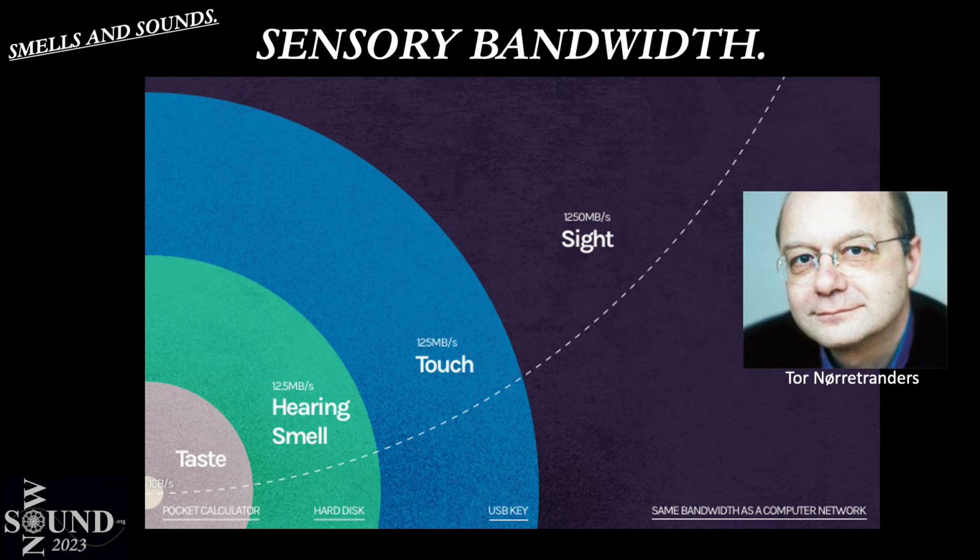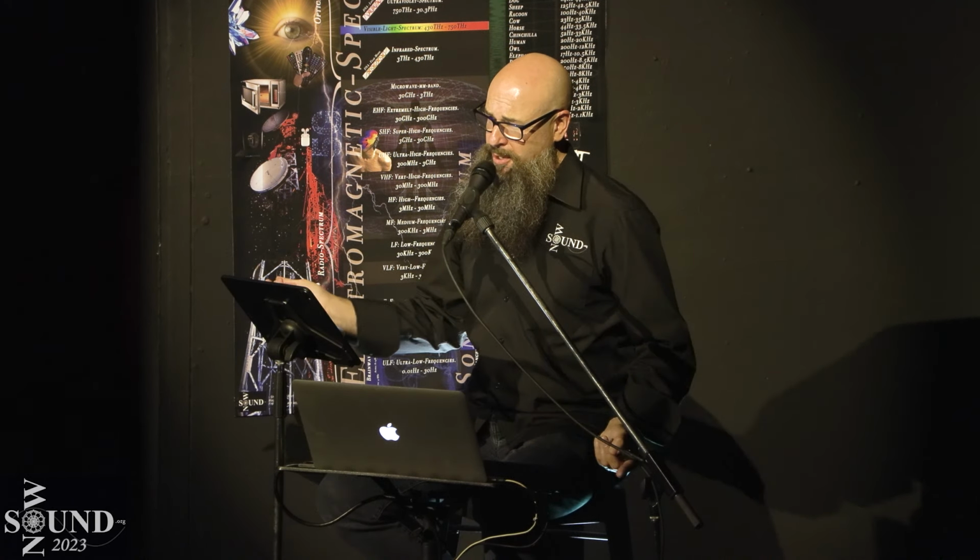Because if we were aware of all these senses at once, it would be like Spider-Man when he discovers his senses, his power, and he can hear everything two blocks away. He can feel things, and that's what would happen. So we only need to be aware of the key things that we need to be aware of, and the brain will switch off those things that it learns are not necessary to focus on, such as being in a room with 50 people and you're listening to one conversation. All right, so that wraps up Smells and Senses, ladies and gentlemen.